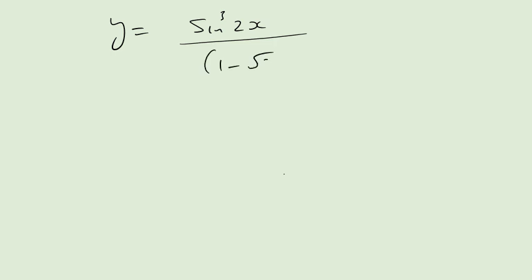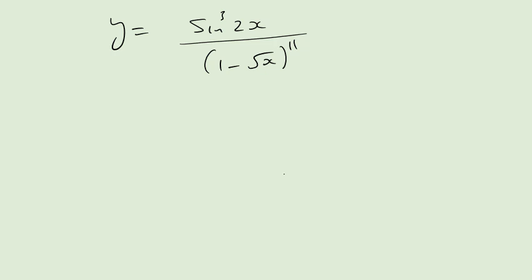Let's just quickly have a look at something like y equals sine cubed of 2x all over (1 minus root x) to the power 11. I don't know why I even chose 11, but let's try it. I need dy/dx. If you have a look at this, you've got sine cubed 2x, you've got (1 minus root x) to the power 11. You see the chain rule popping up there, the quotient rule as well. And I challenge you to use the quotient rule to get the answer. But let's try